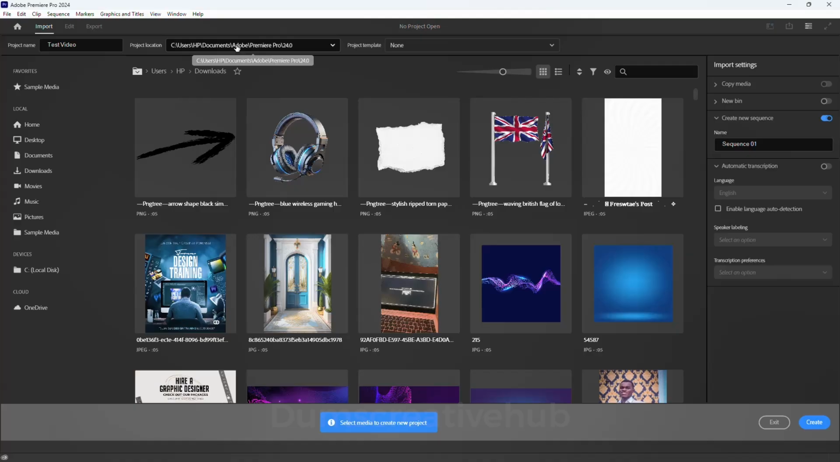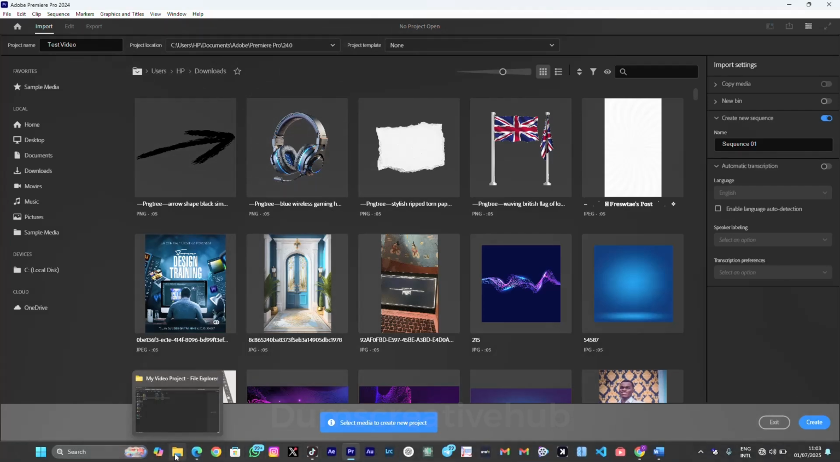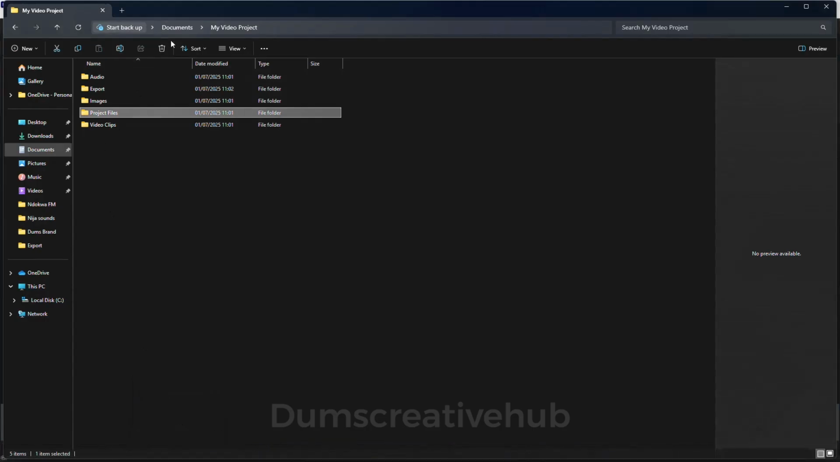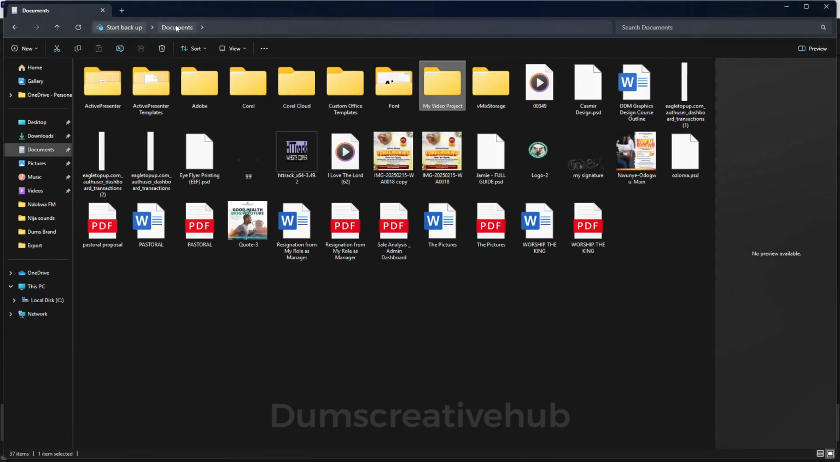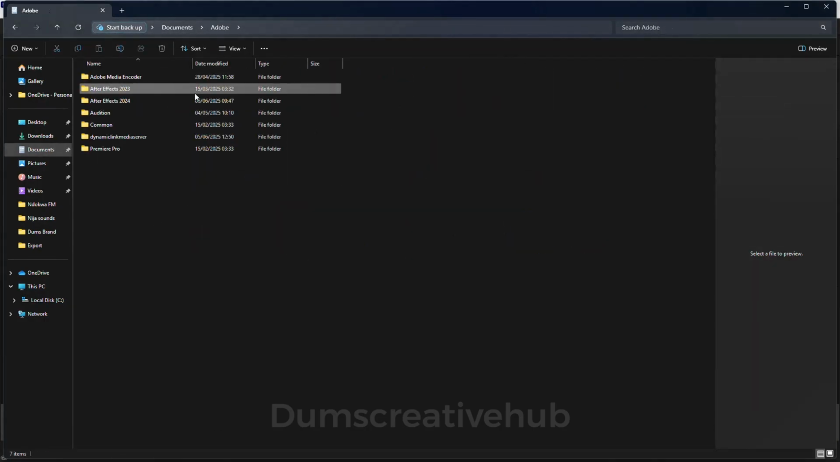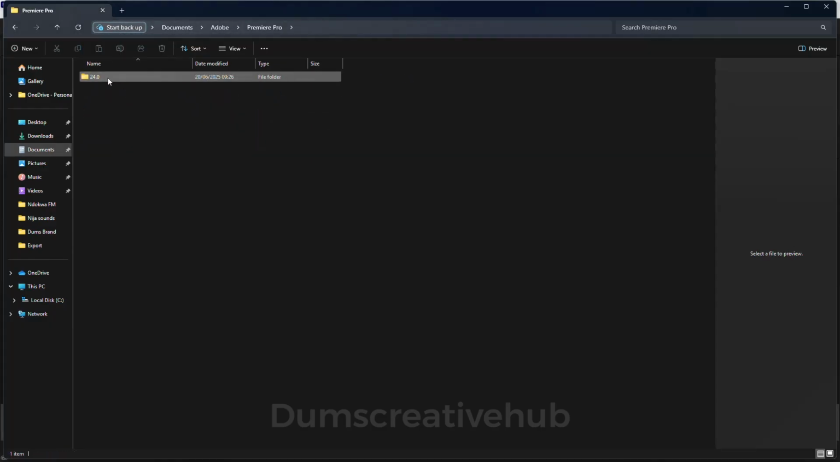In our HP laptop, like in my laptop now, inside my documents, you have another folder which is Adobe. So that you have another folder which is Premiere Pro, then 2024. So let's know if this location is actually here. These are our documents, Adobe, Premiere Pro, 2024. You can see